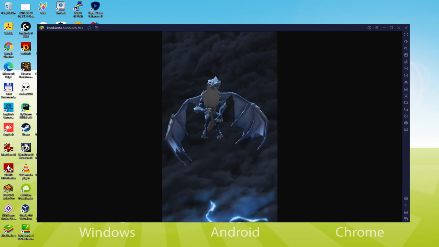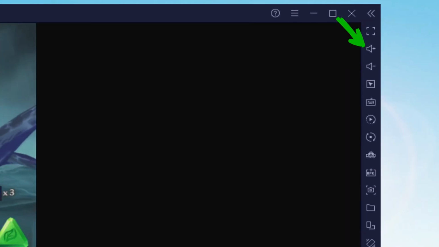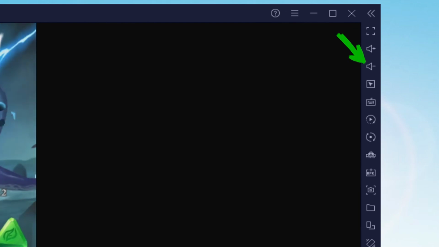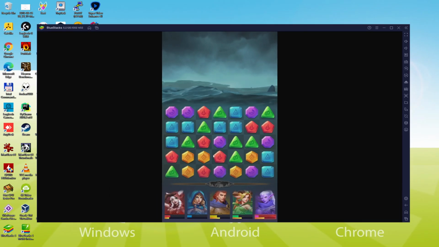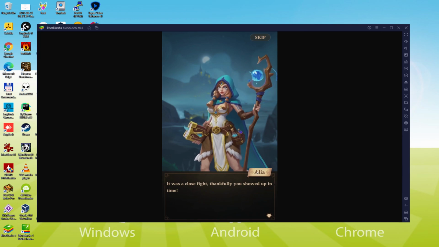I am going to talk about the volume level of the emulator. It is here. We have the icon of higher volume and the icon of lower volume. This way we are not going to count on the Microsoft Windows volume to increase or decrease the audio of the emulator. And to enjoy the experience to the max, we will turn on the big screen, for which we have two options. That is simply the first one.